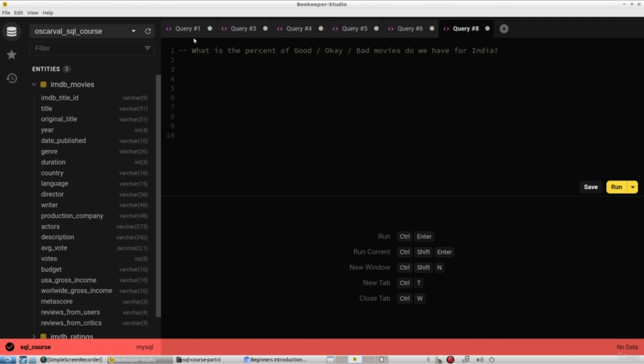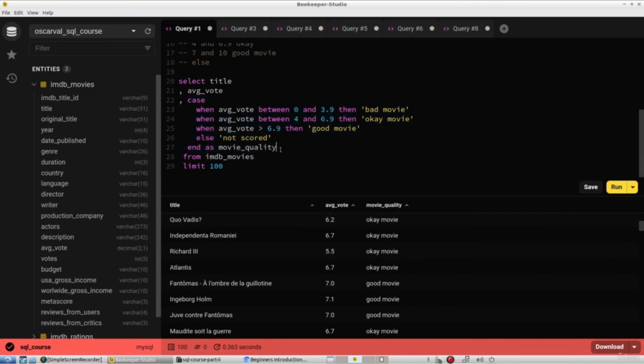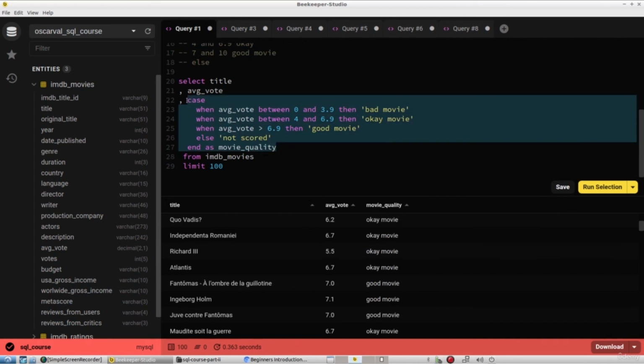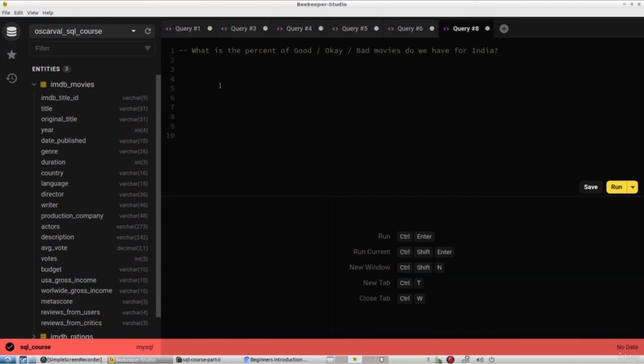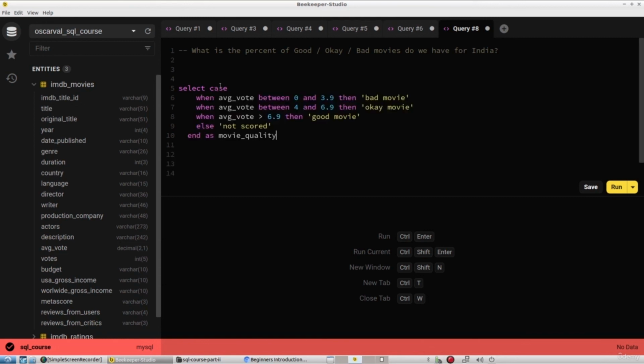And if we recall, we had an earlier example where we used the case statement to derive the movie quality, and we're going to use this again. So let's use our case statement to assess the movie quality, whether it's bad, okay, or good, and then we'll do a count as movie count. Okay, and from our movies table, where country equals India,